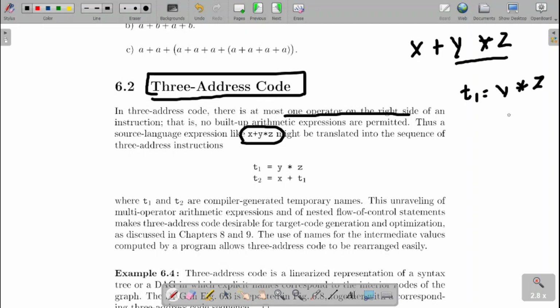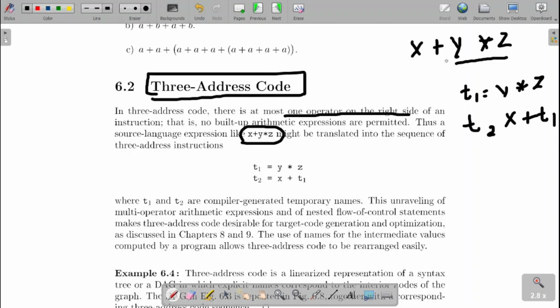Next, x will be added with T1, x plus T1. That will be stored in the temporary variable 2. So a complex expression is split into simpler steps wherein one operation is performed at a time. That representation we call the 3 address code.